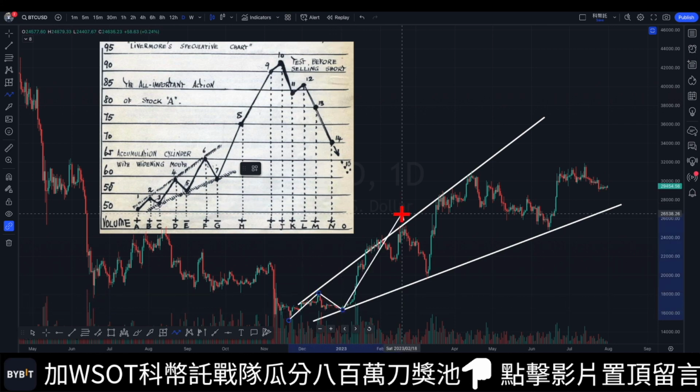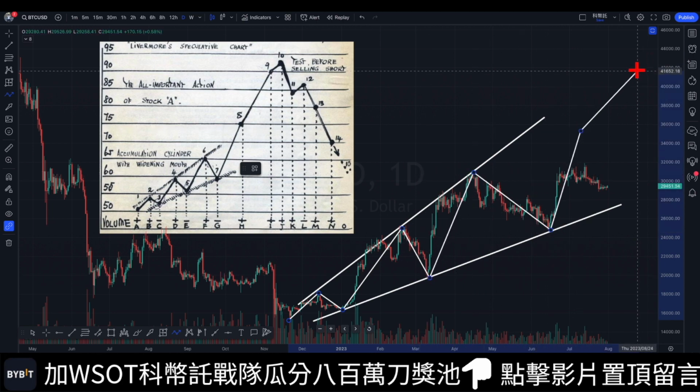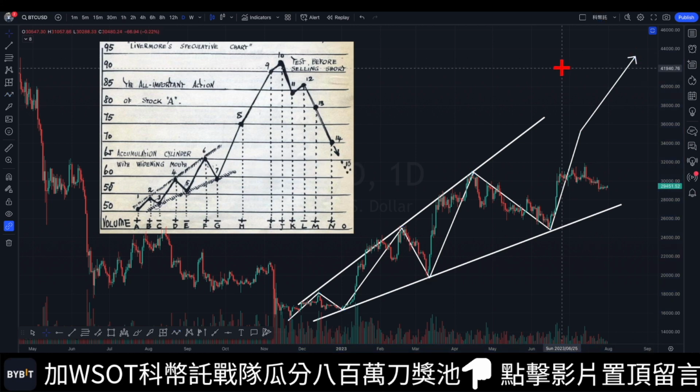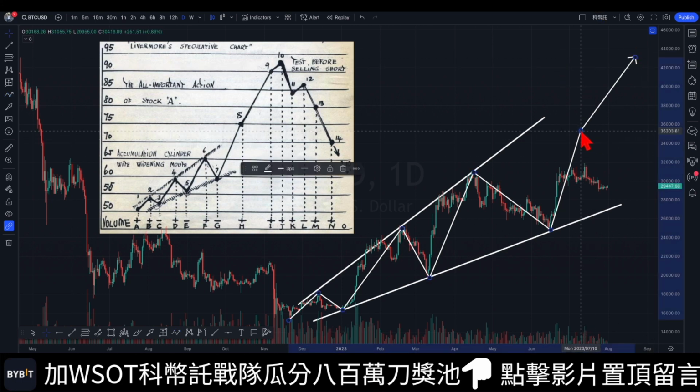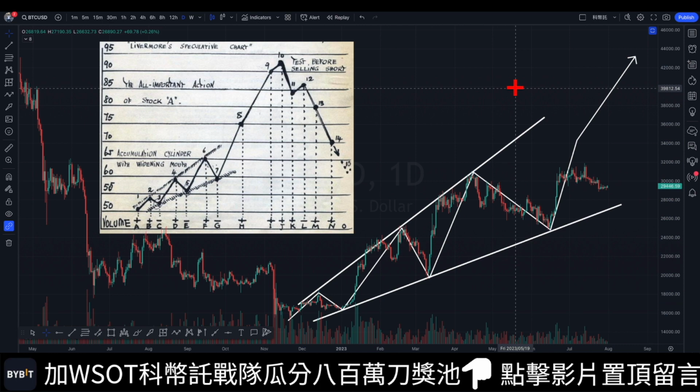Let's assess it. At point 1, you'll notice it marks the lowest point, and the volume at that time is relatively high. You can see that the volume at point 1 is slightly higher. It is undoubtedly accurate, because it was a bottom testing phase. Moving on to point 2. As the price surged higher, the volume also increased. Both points 1 and 2 align perfectly with the chart's description.